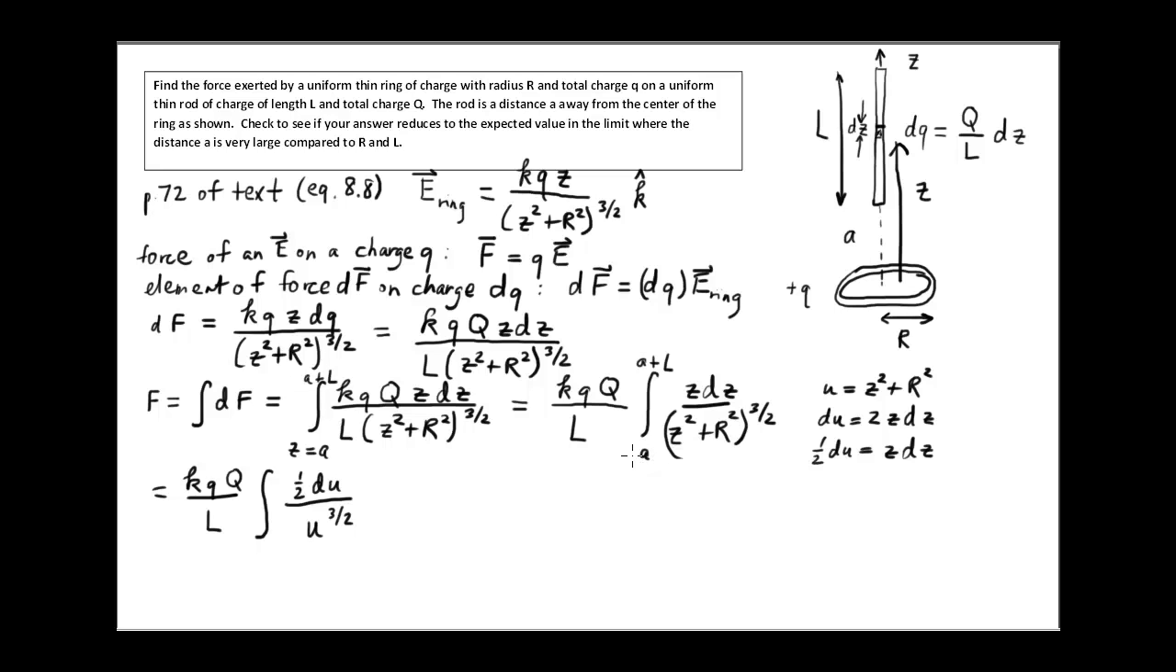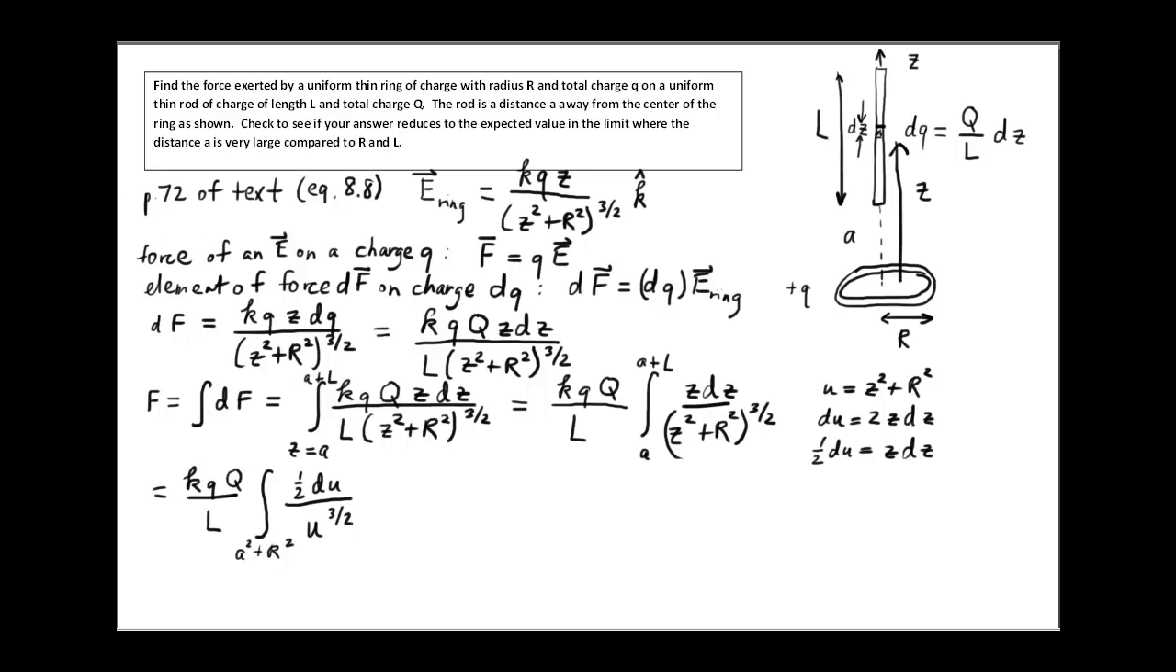Let's see, the limits before were the value of z, and so we have to write down what the value of u is. So if z is equal to a, then u would be a squared plus r squared. So that's the lower limit, a squared plus r squared. The upper limit then, if z is equal to a plus l, then u, well, it's going to be kind of have trouble